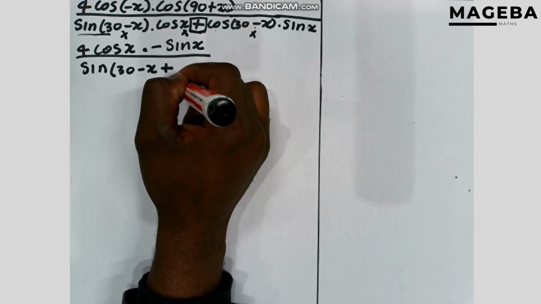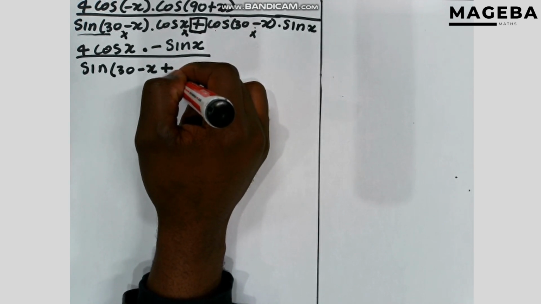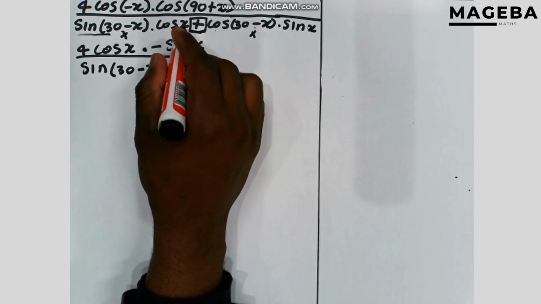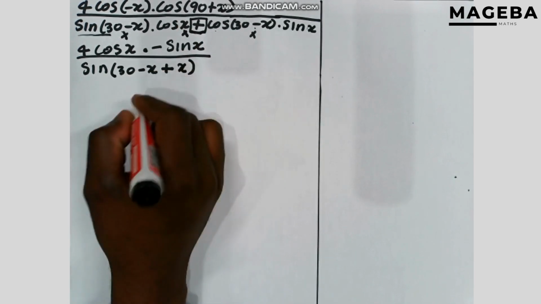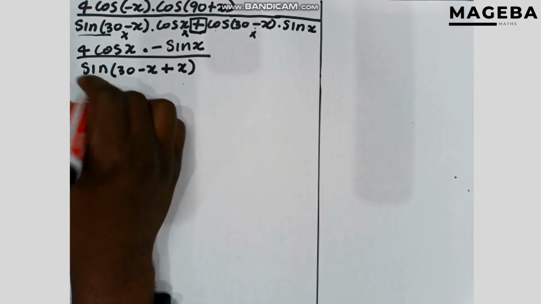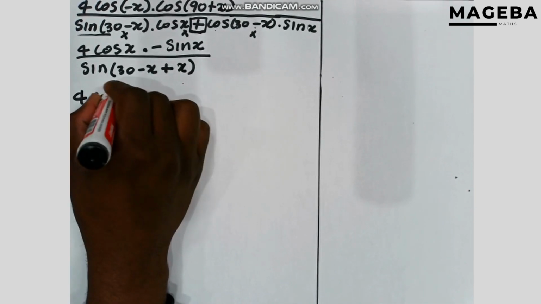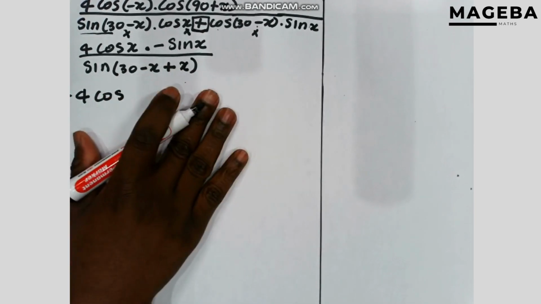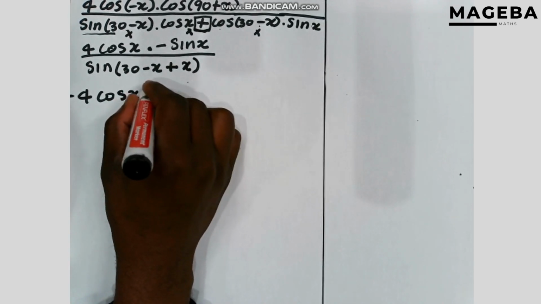I hope you know your compound angle is there on your formula sheet also. So plus another angle, which is x. And then from there, we're going to times this one here, which is just going to be negative 4 cos x sine x,